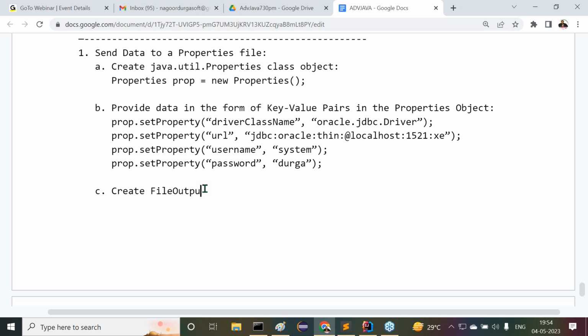Create file output stream. Create file output stream with the properties file. Observe carefully. File output stream, FOS is equal to new